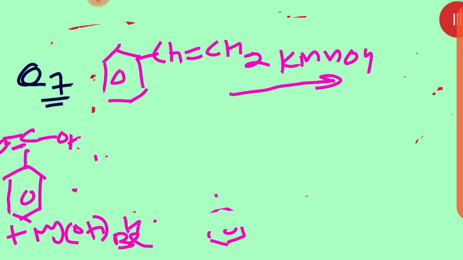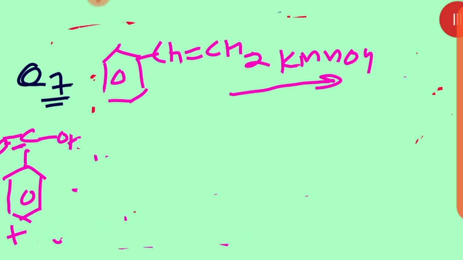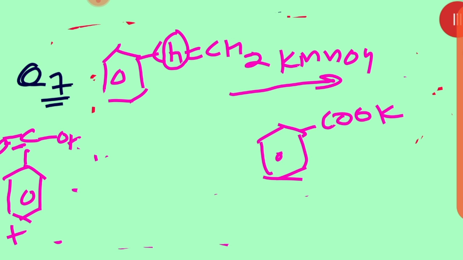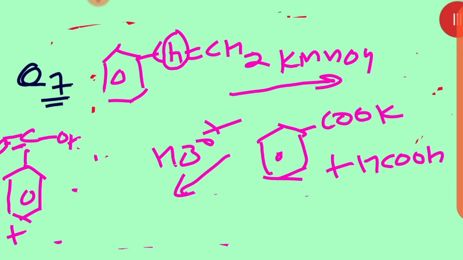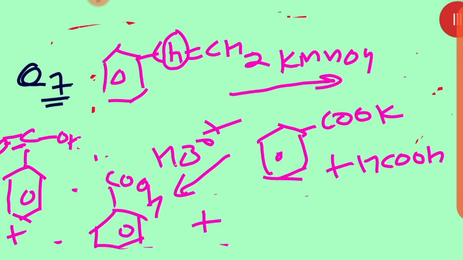Okay, mainly the ethene is here. Ethene has to undergo oxidation, and it will give C. Now see, here beta benzylic hydrogen is also present, so obviously it can directly give COOK. Then HCOOK is the side product, and then give hydrolysis with H3O positive, and the product will be benzene COOH plus HCOOH. Is that clear? It is almost the same.